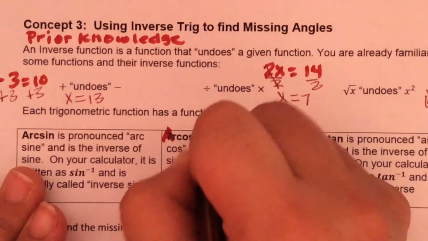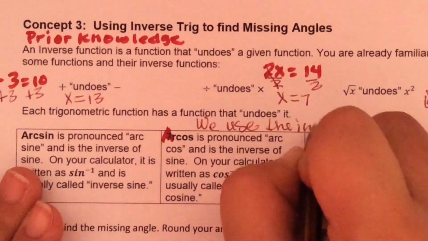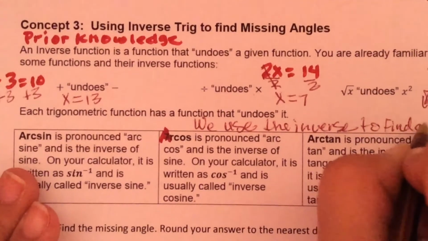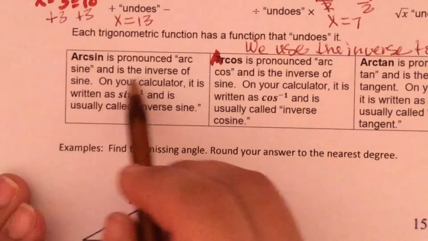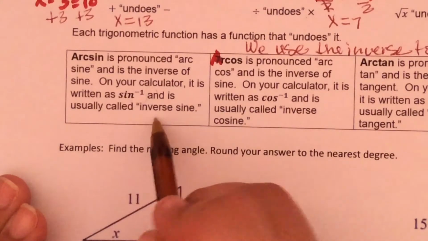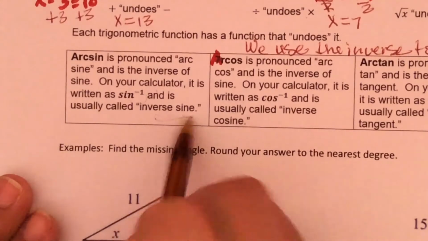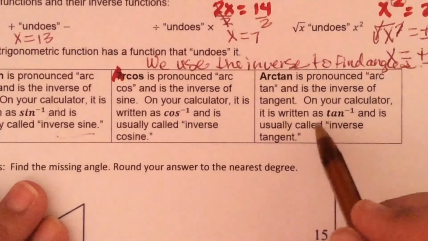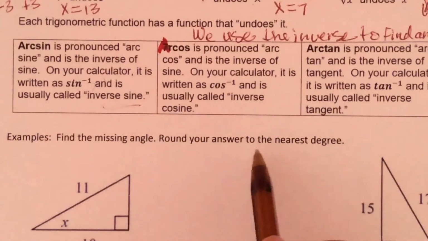And we use the inverse to find angles. So if we have the arc sine, that's the same thing as the sine inverse or inverse sine. They undo it so that we can find the angle. Arc cosine is the same thing as the cosine inverse, and the arc tangent is the same thing as the inverse tangent. So we're going to find the missing angle using inverse functions, and we're going to round the answer